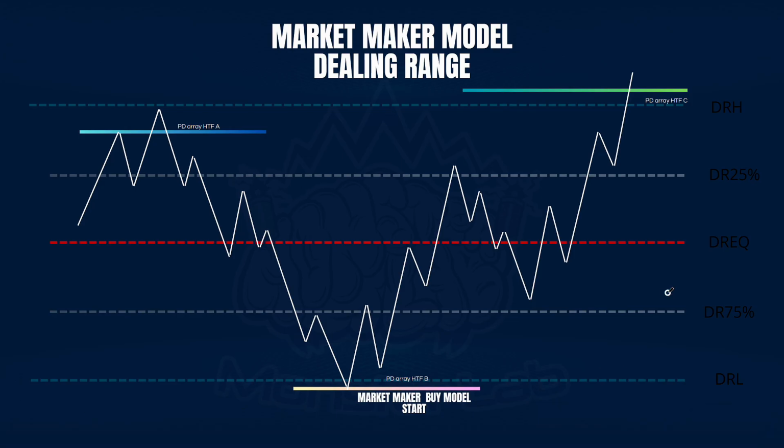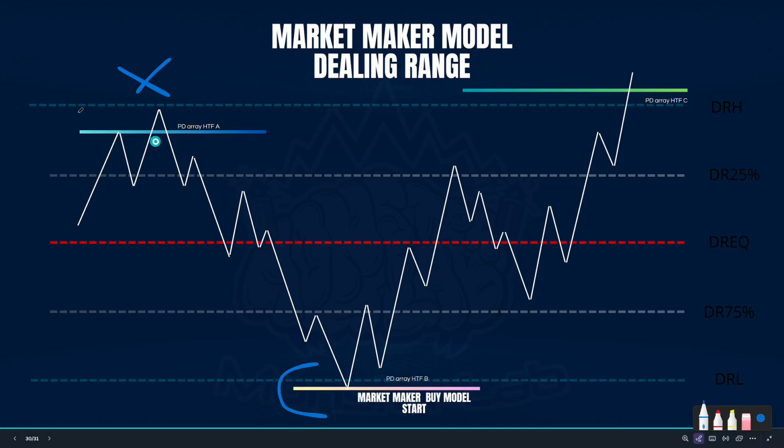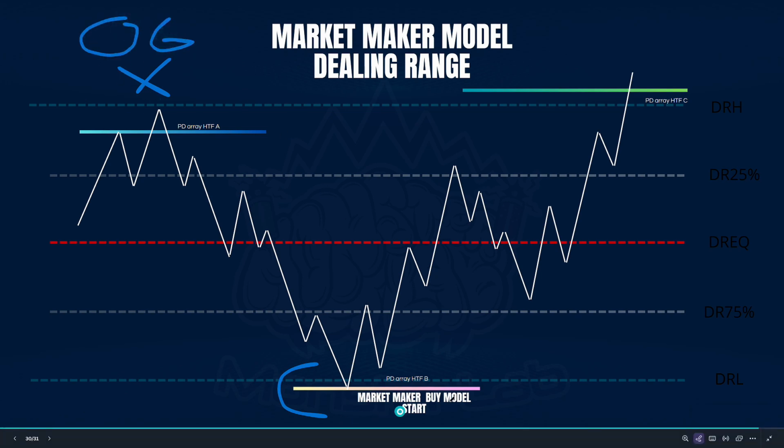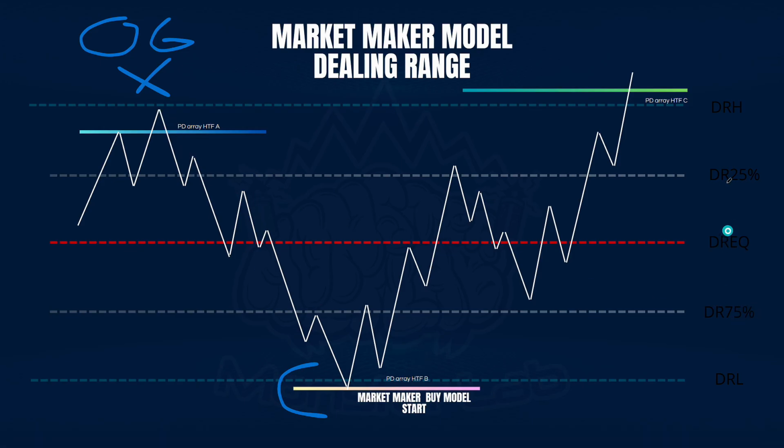Okay, when you have one market maker buy or sell model, you can framework your market maker buy or sell model. It's the same rules. You have the original consolidation in this area. Okay, and price move to the PDRA, higher time frame. And here, when you have original consolidation and the higher time frame PDRA, you will expect here in the quarters and equilibrium the areas for